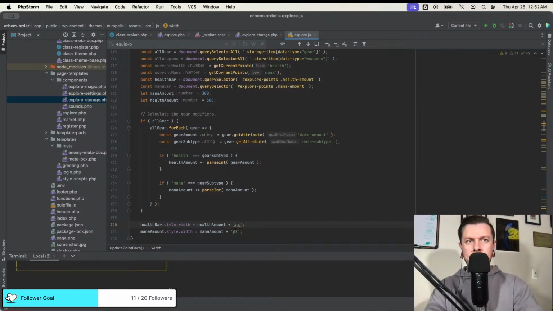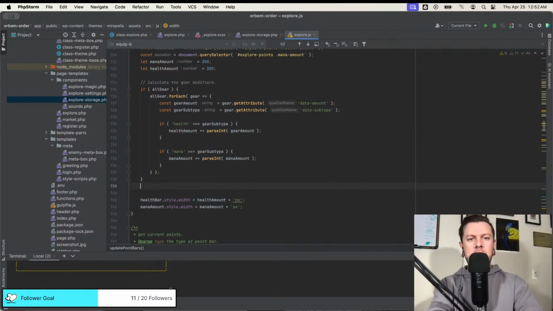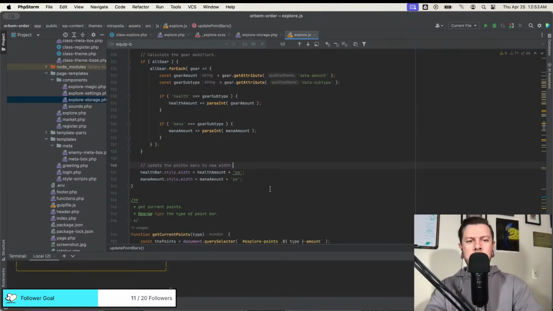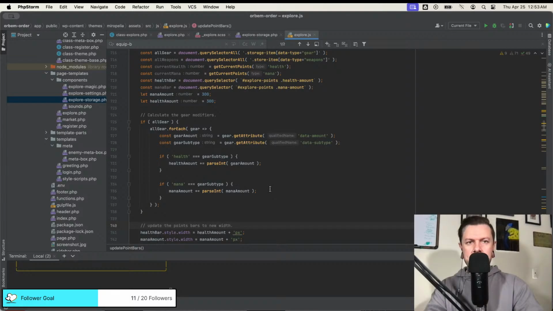Okay, there we go. Perfecto. So yeah. Update the points bars to new width. Cool. And this should work both ways.